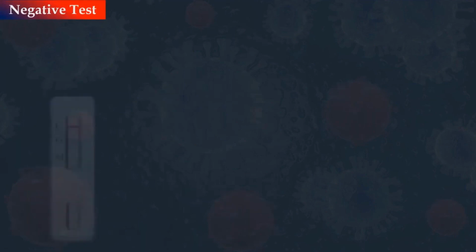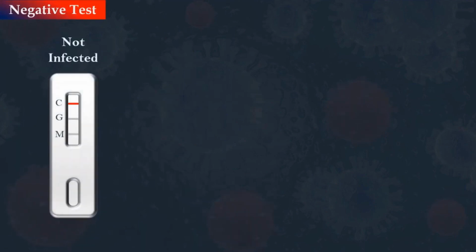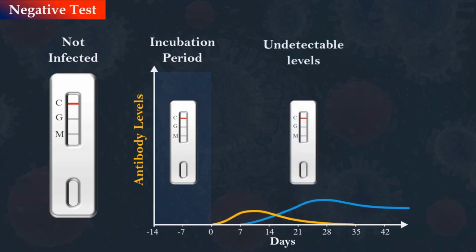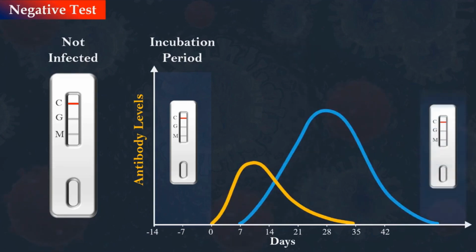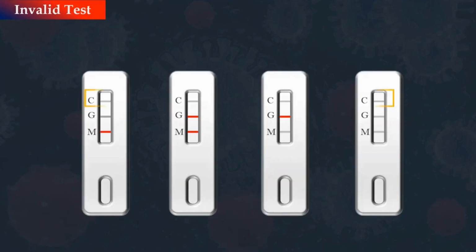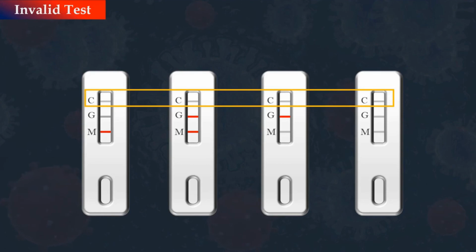A negative test result means that the person is not infected with the virus, or perhaps the person has a recent infection but the antibodies are not yet produced. Also, since the accuracy of the test depends on the amount of antibodies, some people may not develop detectable antibodies after an infection. Because COVID-19 is a new disease, we don't know exactly how long antibodies last. So a negative test could mean that the person has been infected in the past, and the antibodies are no longer detectable. The test result is invalid if the quality control line C does not show a red color. Therefore the sample must be retested.